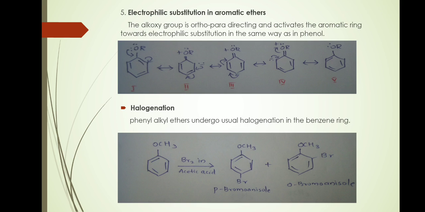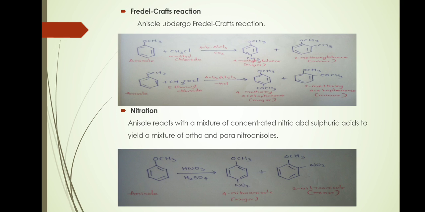In the Friedel-Crafts reaction, anisole undergoes alkylation and acylation. That is, the alkyl and acyl groups are introduced at ortho and para positions by reactions with alkyl halide and acyl halide in the presence of anhydrous aluminum chloride. Here, anisole is treated with methyl chloride in the presence of anhydrous AlCl3. We get 4-methoxytoluene as major product and 2-methoxytoluene as minor product. And when anisole is treated with ethanoyl chloride or acetyl chloride in the presence of anhydrous AlCl3, we get 4-methoxyacetophenone as major product and